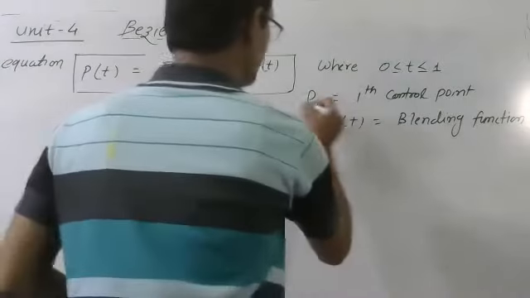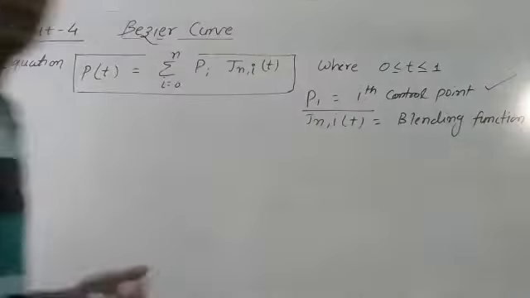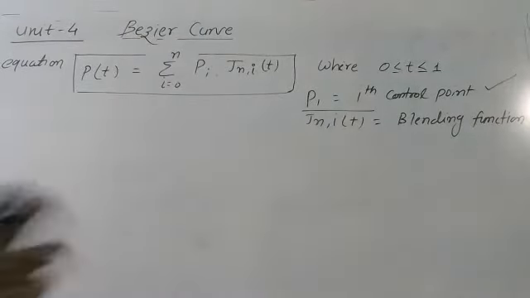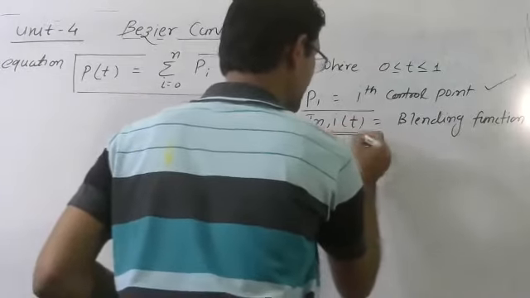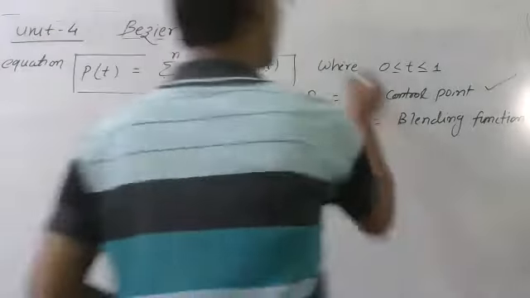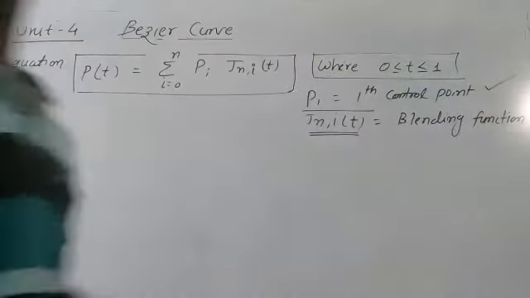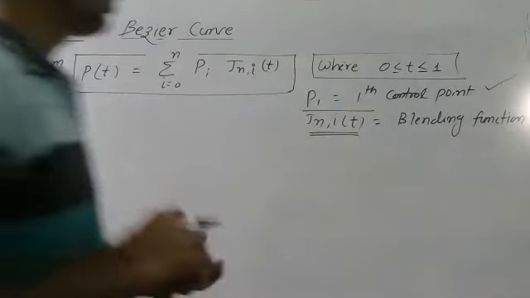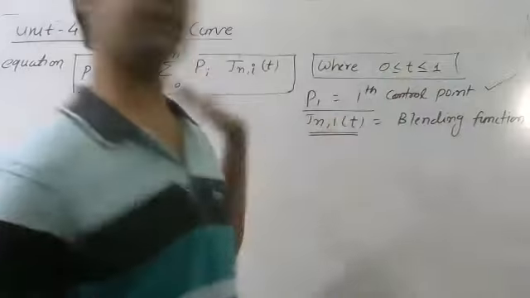So if pi is a coordinate position, this will be the constant 10 10, 20 20, 30 30 like that. And this will be a function of t, so you will get an equation in the form of t. And what can the value of t be? t must be between 0 and 1. So you need to select different values of t after getting the equation.